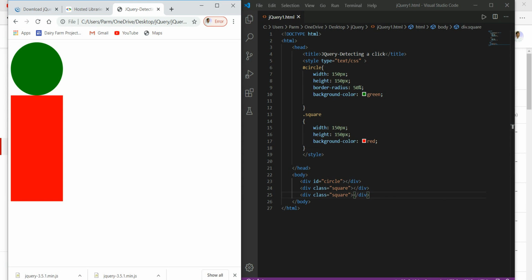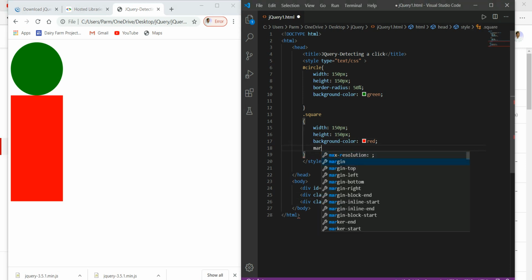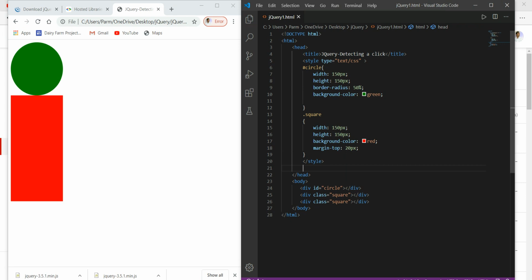Here we have to set margin for this. Here we say margin top equal to say 20 pixels. Save this here and refresh it. Now here we have created two squares and one circle.